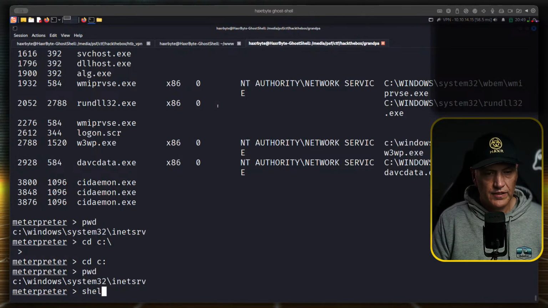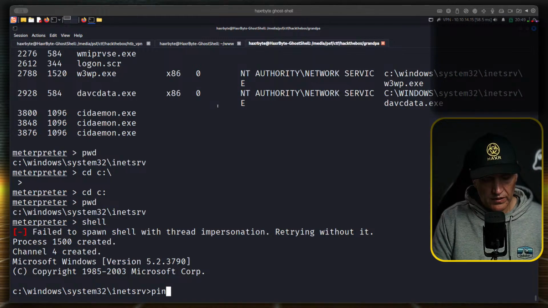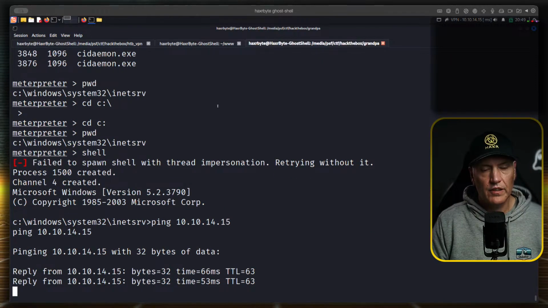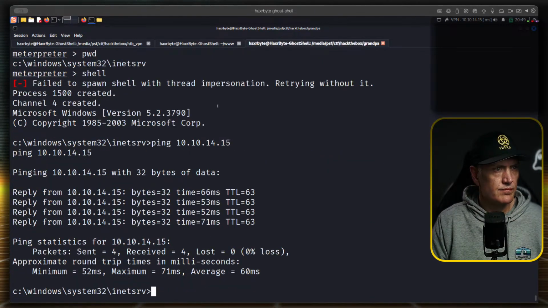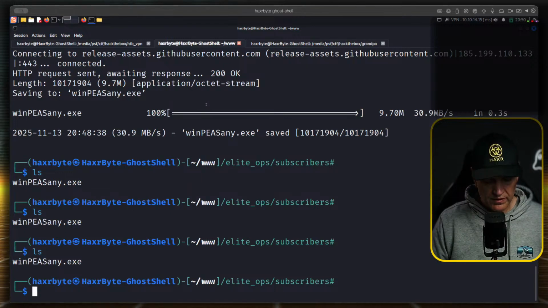Shell? No. Yes. Ping 10.10.14.15. Okay, I can ping my tunnel.